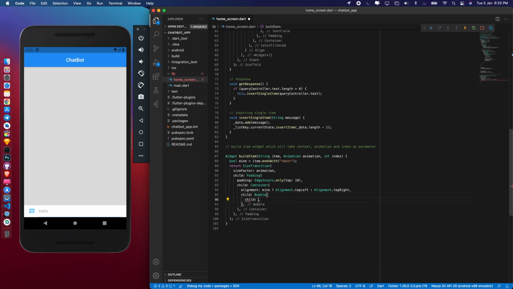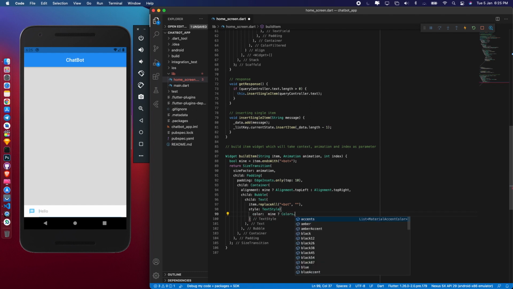Bubble child text, and here in text I will write replace all bracket bot that is displayed with my query with a space. And also I am setting up text style, color, mine colors dot white 12, I guess.